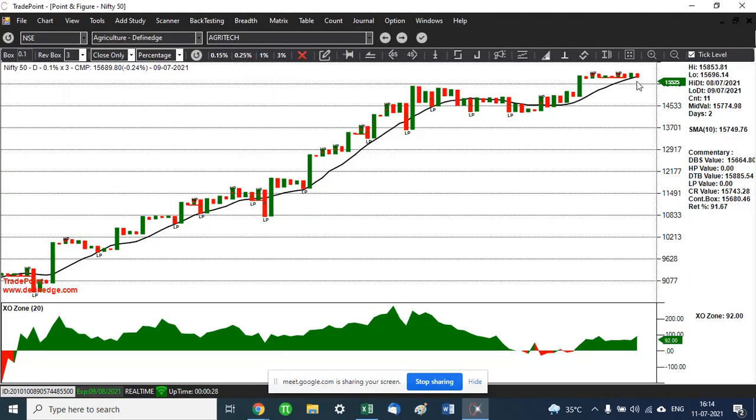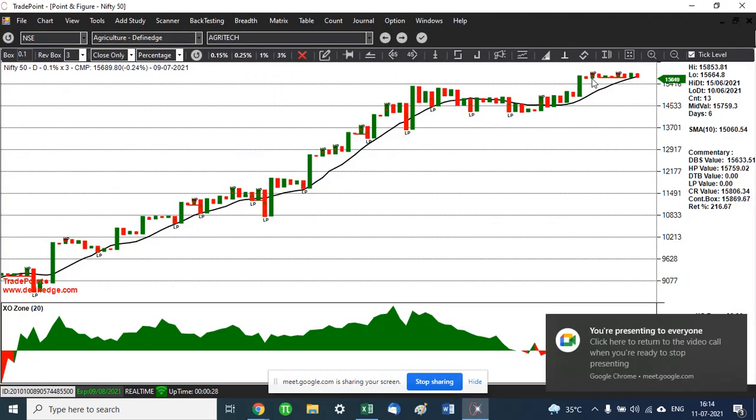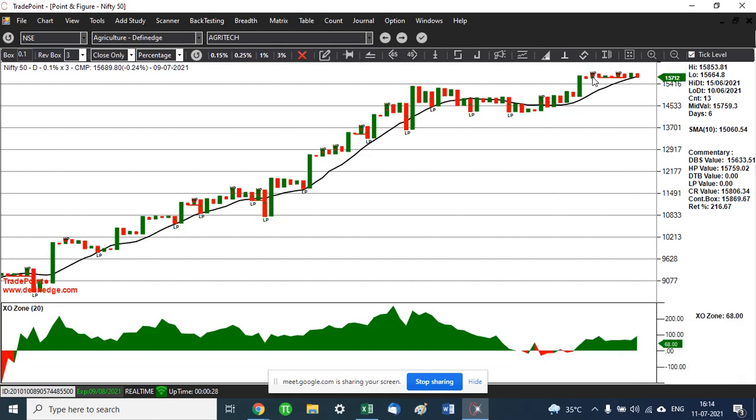So a high pole is literally like a top. It means that the stock or the index was going up. It was giving a double top buy, and then it just kind of stalled there and reversed. So a high pole or a low pole is a significant level because it shows an intermediate top in place. It means the stock is likely to go in the other direction for the time being.